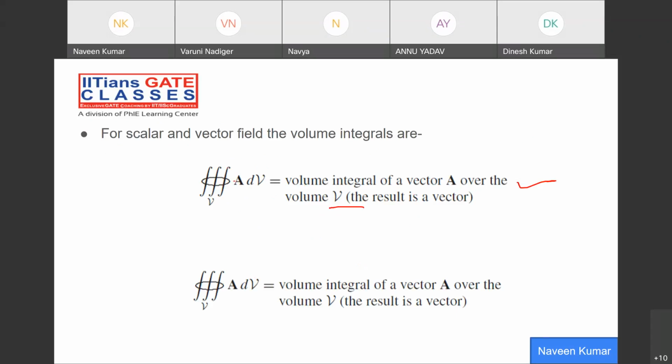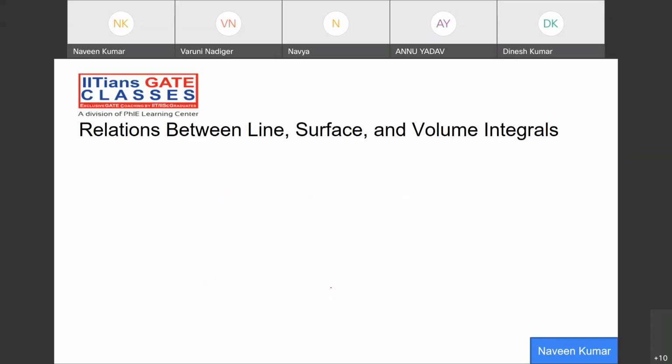So you can take density. I have shown only vector. You can take density rho. So here you can take a vector, right? So the relation between the